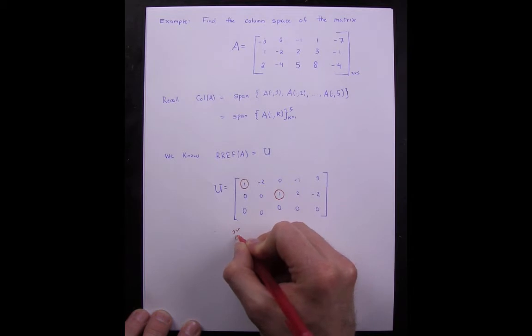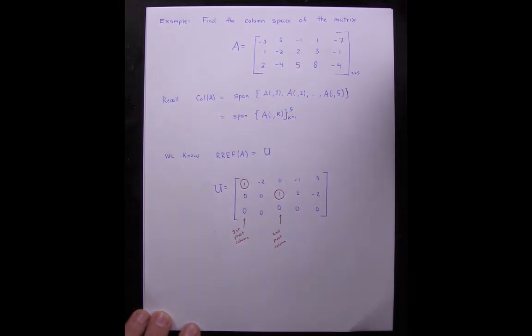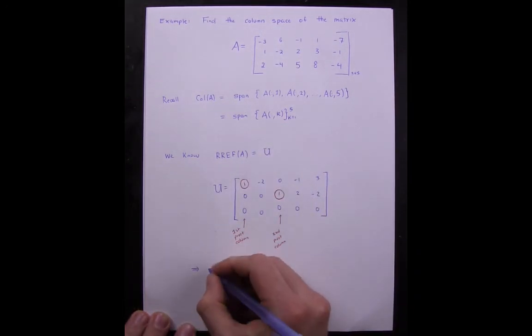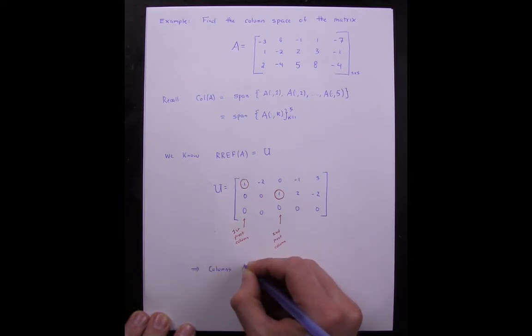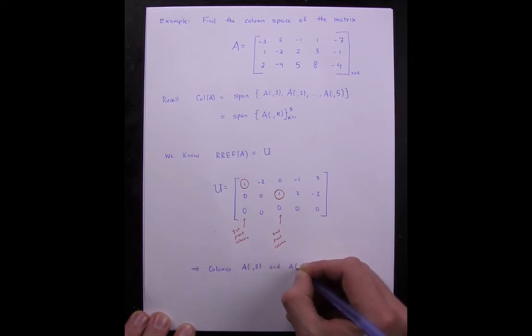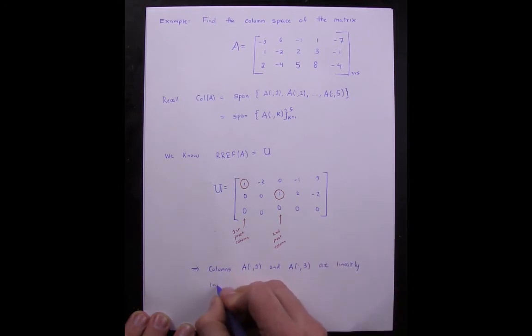This is the first pivot column. This is what we call the second pivot column. Using this structure, we see immediately columns 1 and 3 are linearly independent,